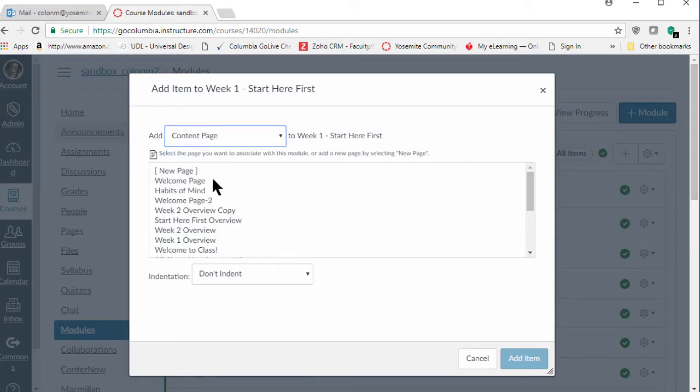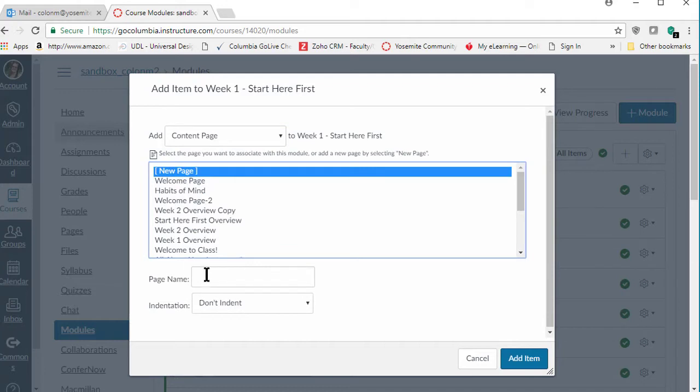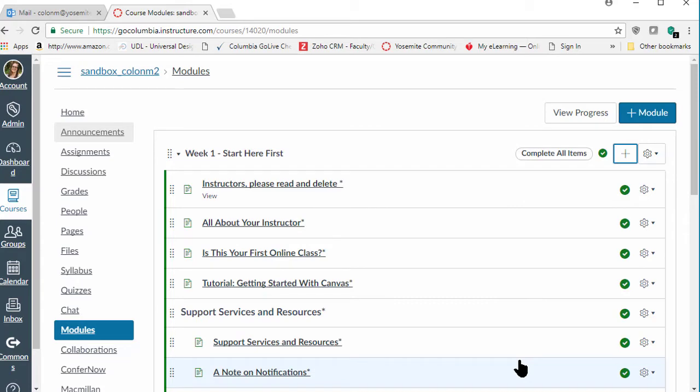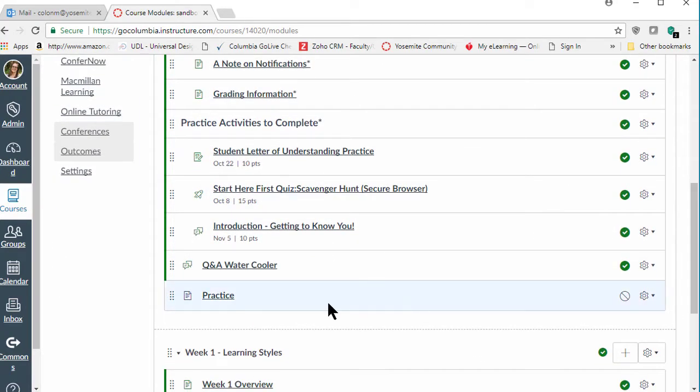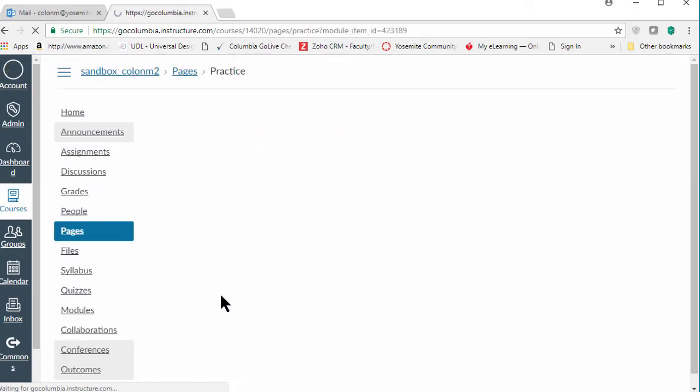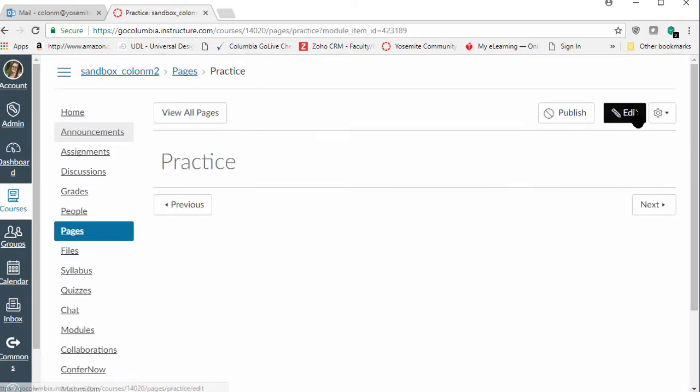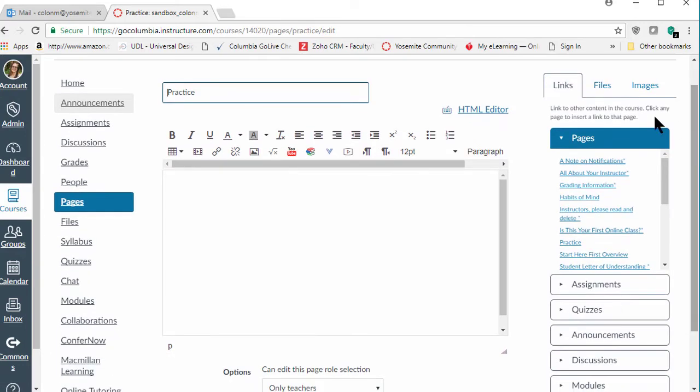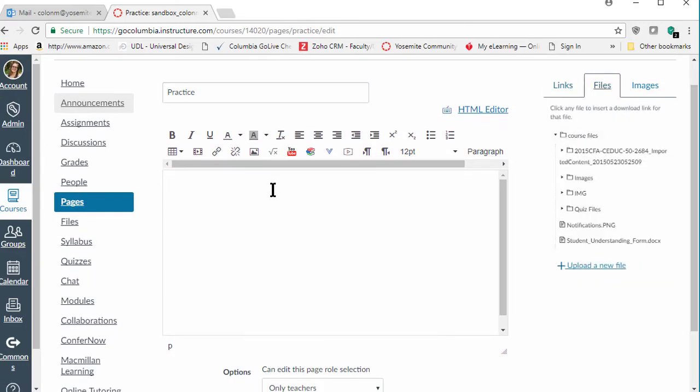Now, if I've just uploaded a document and an image, I'll be able to embed that in this content page. I'm just going to call this practice for the purpose of the tutorial. Remember, these items go down to the bottom. I'm going to click on the name of the content page, and now I can go over to edit and my panel appears, and if I preloaded that document